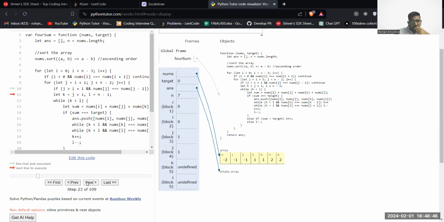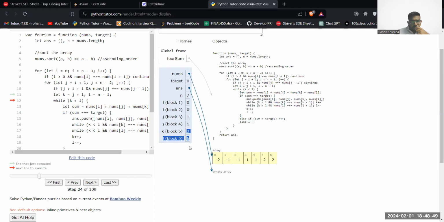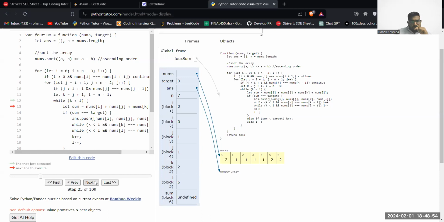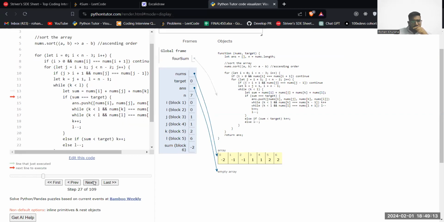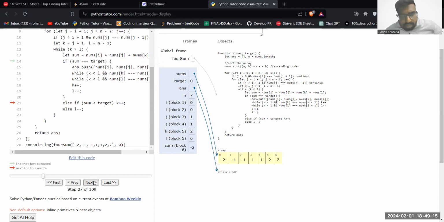This line comes now. K is nothing but 2 and L is nothing but 6. Great. So if sum is equal to this, now what does my sum become? Sum becomes minus 2. Minus 2, minus 1, minus 1 is 1. Is it so? Okay, this is minus, sorry, this is our 6. So these three elements and this, correct. So this becomes minus 2. Okay, this is not equal. So it is greater than, then L becomes, this becomes, my K comes to 3,